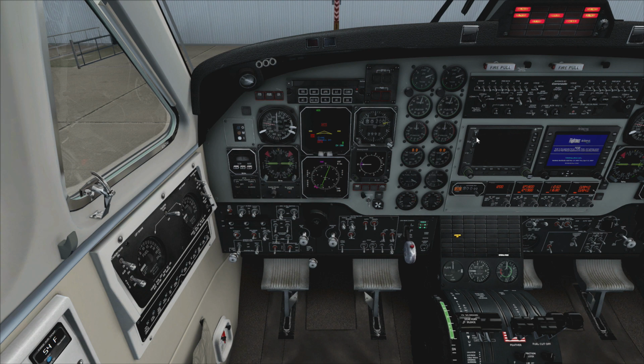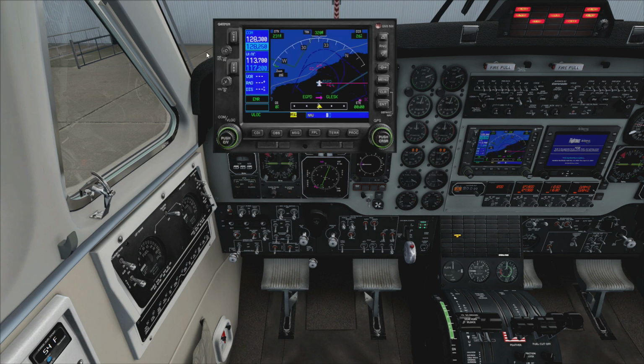We now need to check the weather, so we need to tune that in, and hopefully the weather will be kind to us today. So we now need to tune to